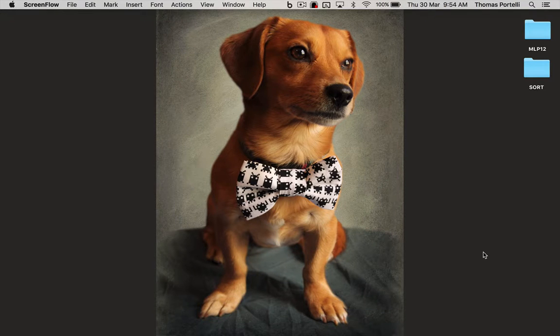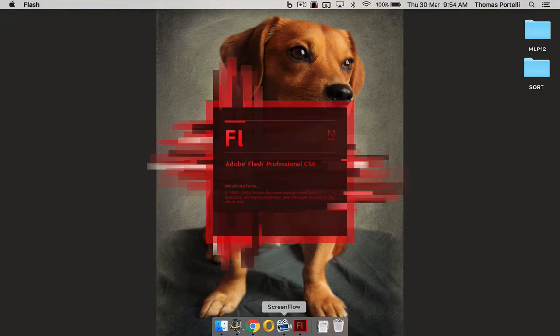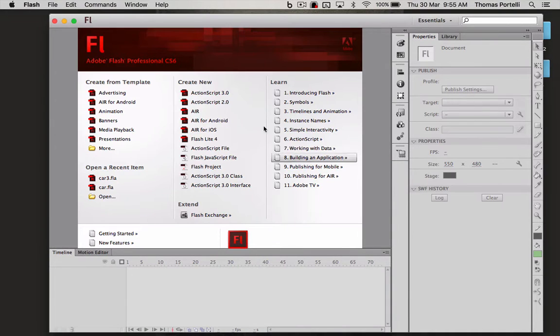Let's get started with Flash. Flash CS6 is an animation program that lets you create animations and export animations to YouTube. You can export them as movies, or you can export them as GIF animations, which we'll learn how to do shortly. To start a new animation, we click on ActionScript 3,